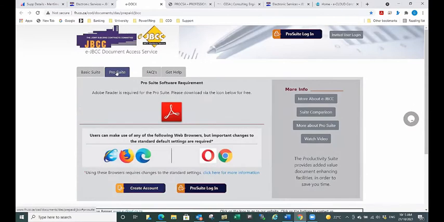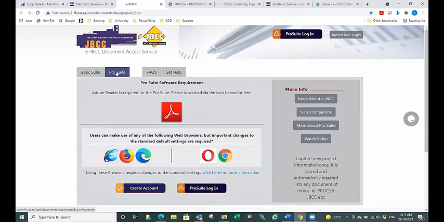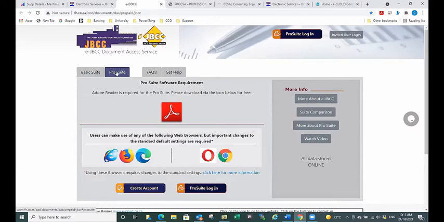You'll click on ProSuite, and it says to you, okay, now what is going to happen is you are creating an account. It has no cost associated, so all it's going to do is create a profile for you within the cloud where your documents will be stored. Doesn't mean to say you have to work in the cloud. You can still be in the cloud and download your documents, but you're going to get a whole range of extra functionality. The whole purpose and idea of the system is